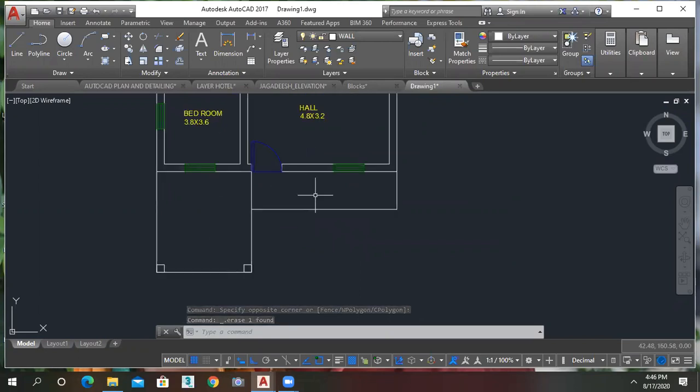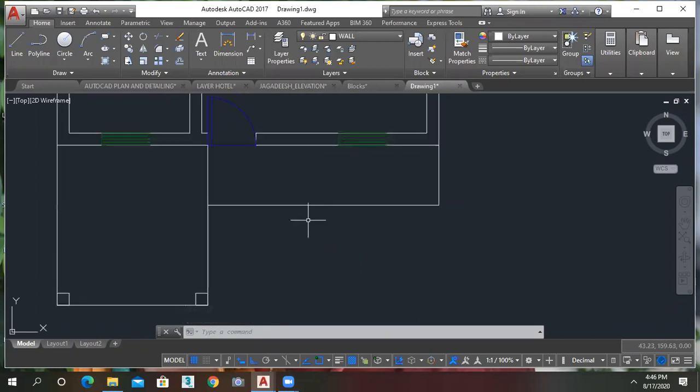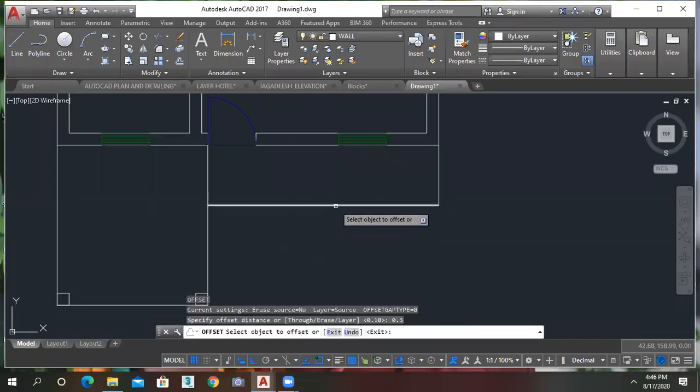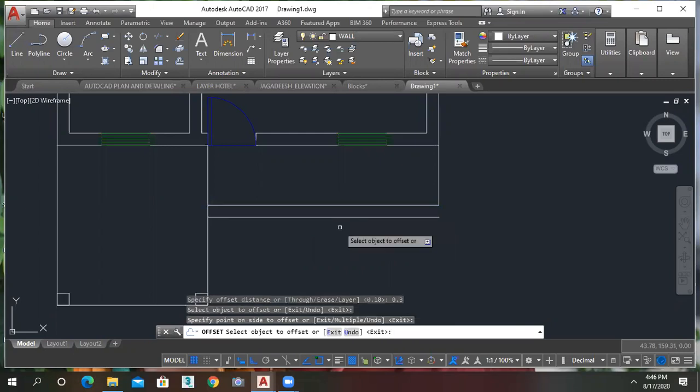And remaining, I have to show the steps now. So what is the width of the tread? As we all know, the thickness of the tread is 0.3. I have to calculate the height from plinth to ground plane. Then I will decide the number of steps. Okay.